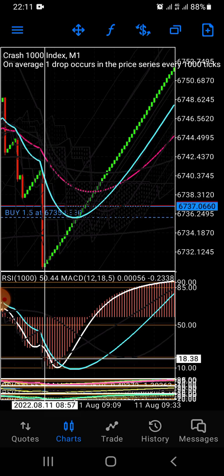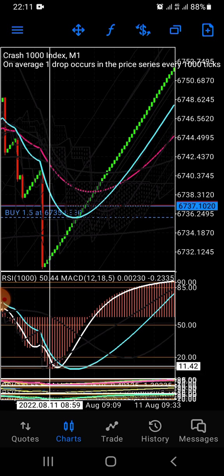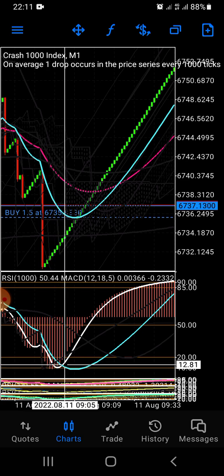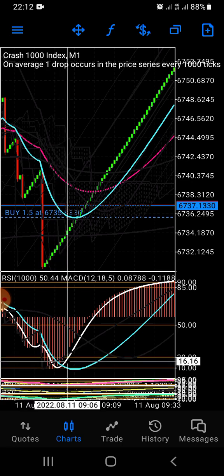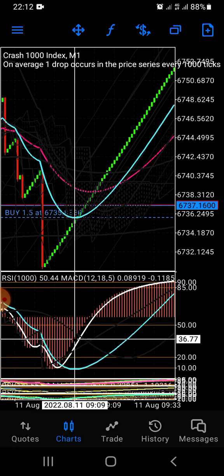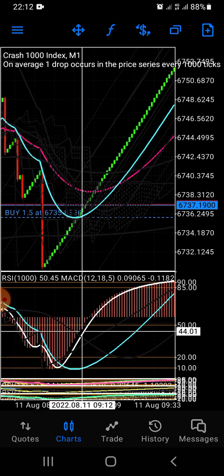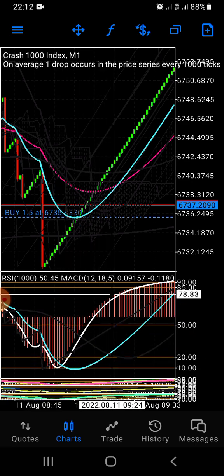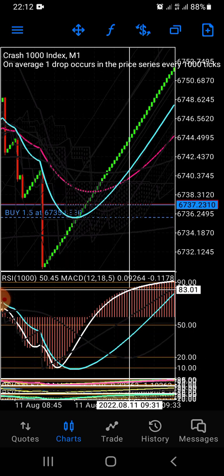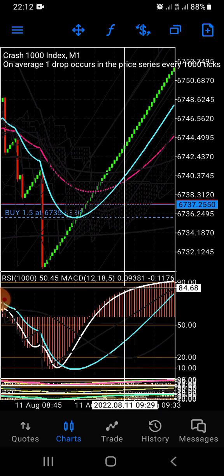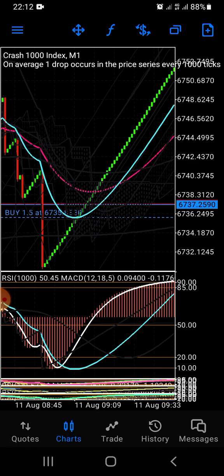So you're looking for when this white line crosses the blue one from the oversold region, which is around the 10 region here. You enter your buy here. Since we are buying Crash, you can take 5 candles and you're okay, or 10 candles even, or you hold it until this MACD signal line touches level 80 or 85, as in this case here now, and you're out. And that's all about the signal,